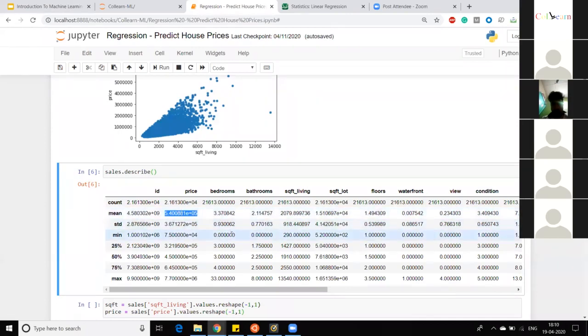And then if I look at the minimum bedrooms that a house has in this particular data set, that is zero. So you have actually houses with no bedrooms. And then you also have houses with no bathrooms as well. And the smallest house in this data set has 290 square